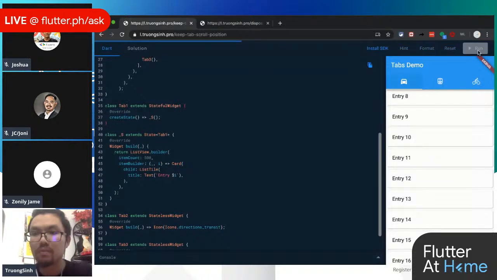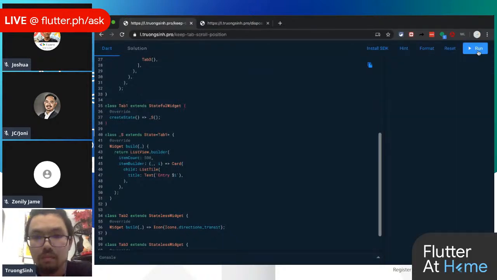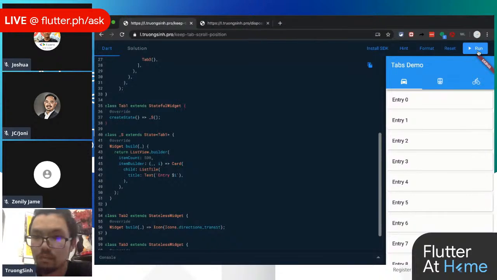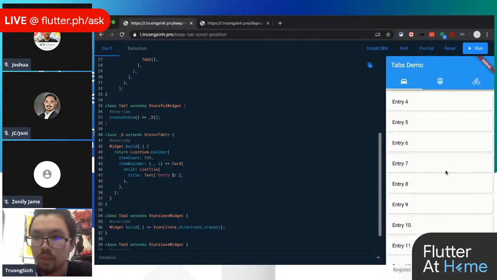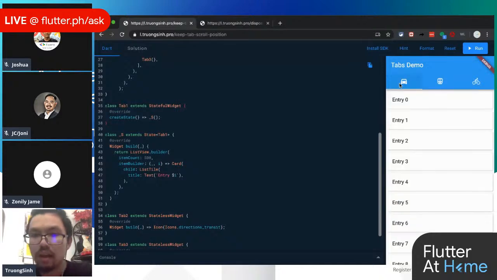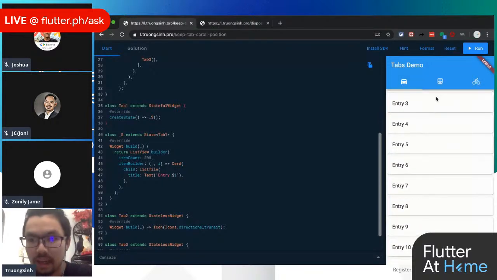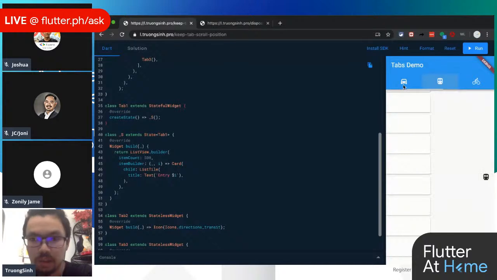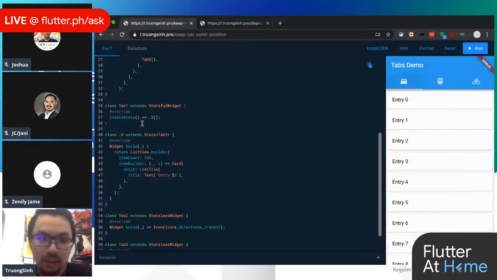Let's see if it is still running. Okay, everything seems good so far. It's still running, but we haven't achieved our goal, right? Our goal is to maintain the position of this list view. So the next thing, there's a tool for that, as I mentioned, that is the